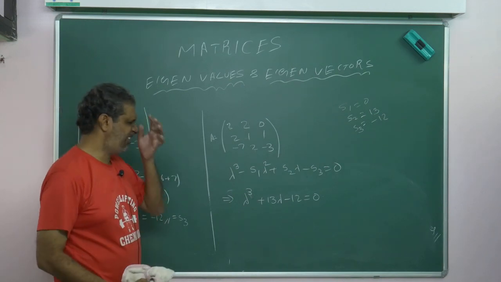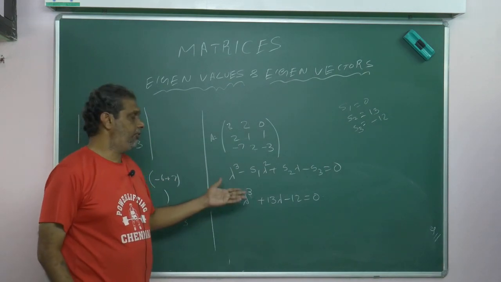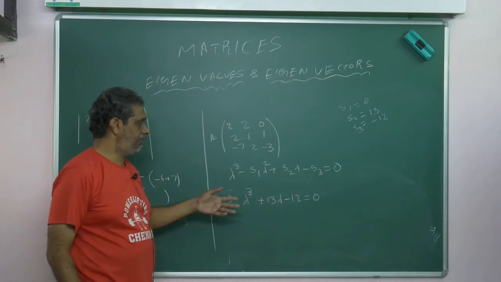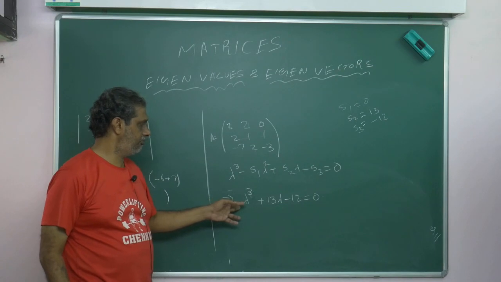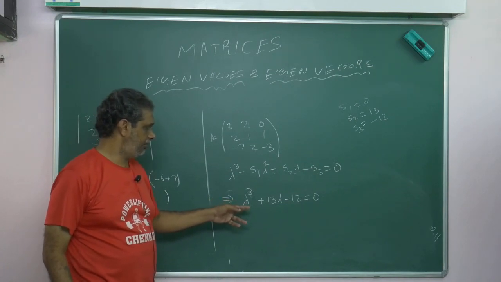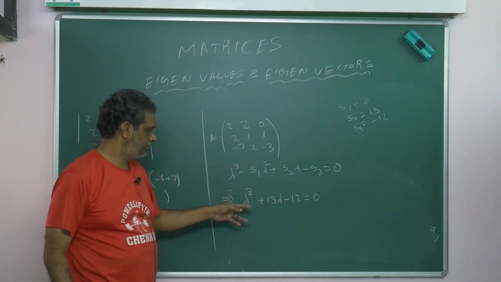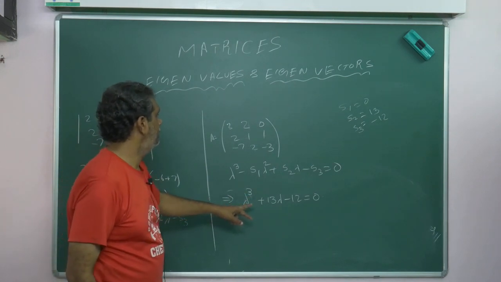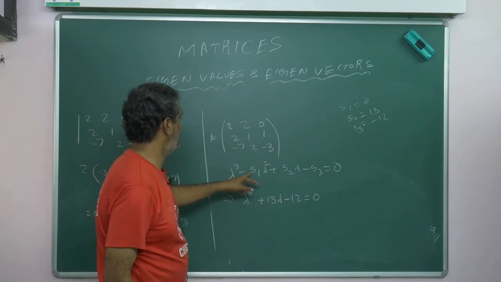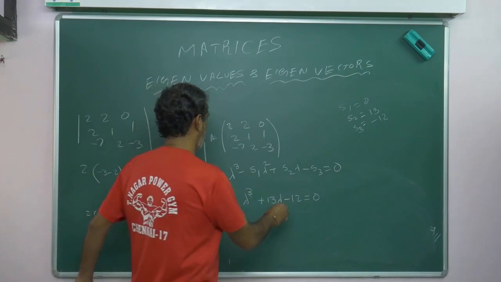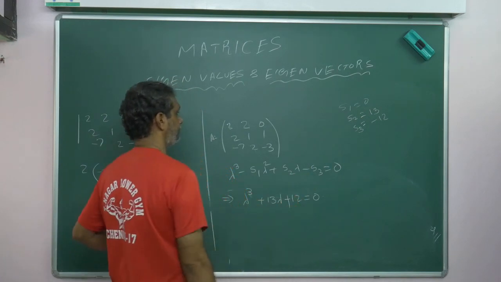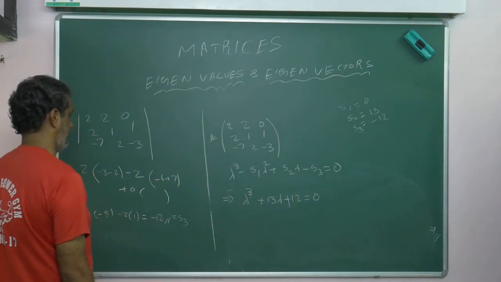So I want to find the roots. How will I find them? You know the method of induction. Put lambda is equal to plus 1, lambda is equal to minus 1, and see where it satisfies. Lambda is equal to 1 means what will you get? Lambda is equal to minus 1 means what? Which is the root, you can check. Getting or not?